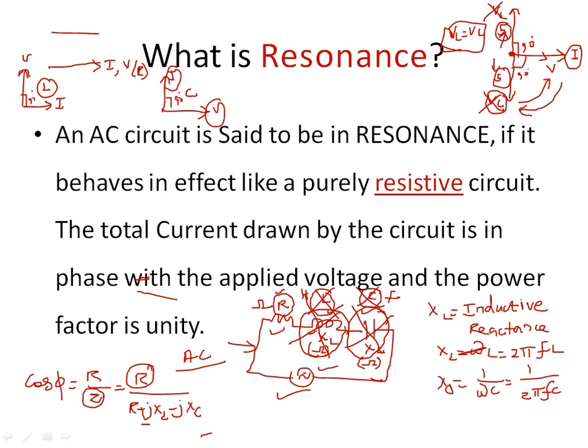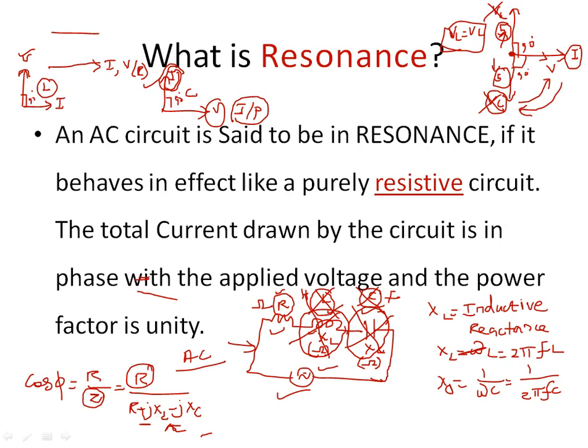Why do I have to indicate plus here? Because the input voltage leads the output current by 90 degrees. That is possible. Here in the capacitor I include a negative symbol. That means the output current leads the input by 90 degrees, that is, without giving any input there will be some output. So to neglect this effect, I should include a negative symbol here. That is, whenever XC comes you should automatically include a negative symbol. So R by R plus jXL minus jXC.